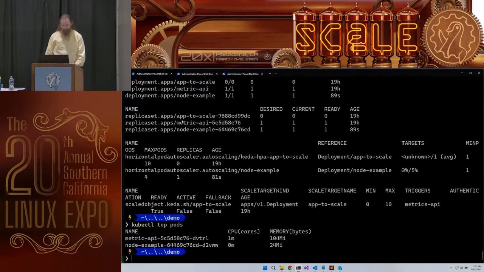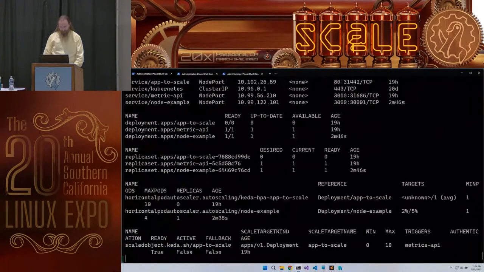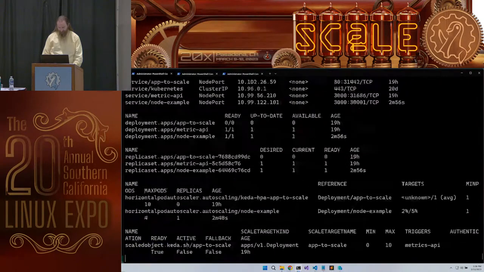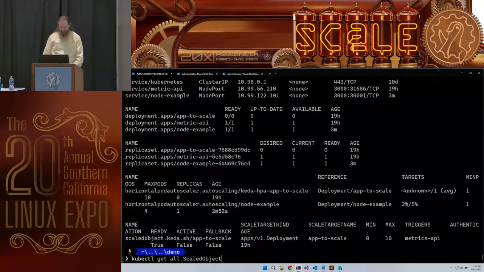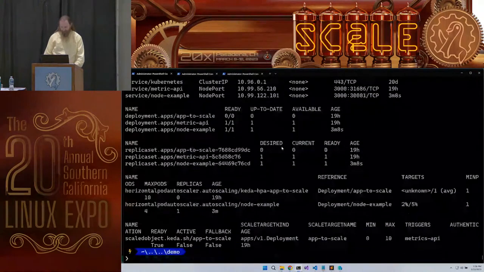Now that we've got some load coming in, let's take a look at our pods. We're still measuring every 10 seconds. So now it's using 0.7 of a pod. Now we've got to 2%, and it is so efficient, it's hard to get it to spike. What I find really hilarious in this case is that because it is so efficient, sometimes stopping load kicks it over, and it's like, oh, okay, now I'll do it.